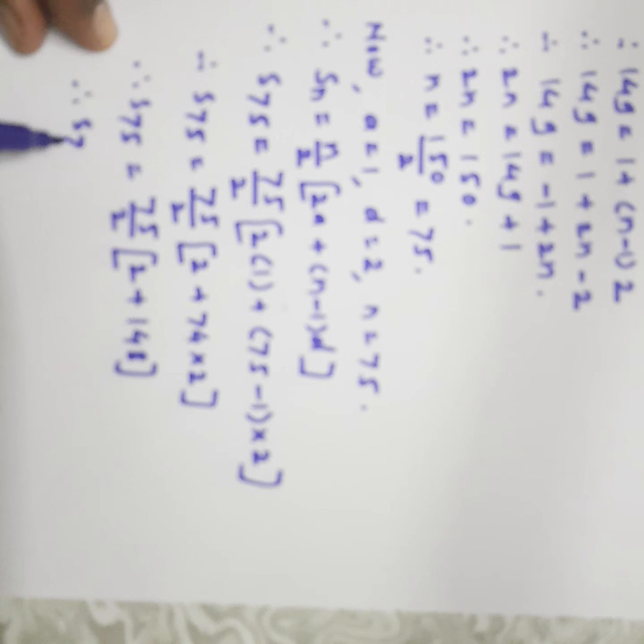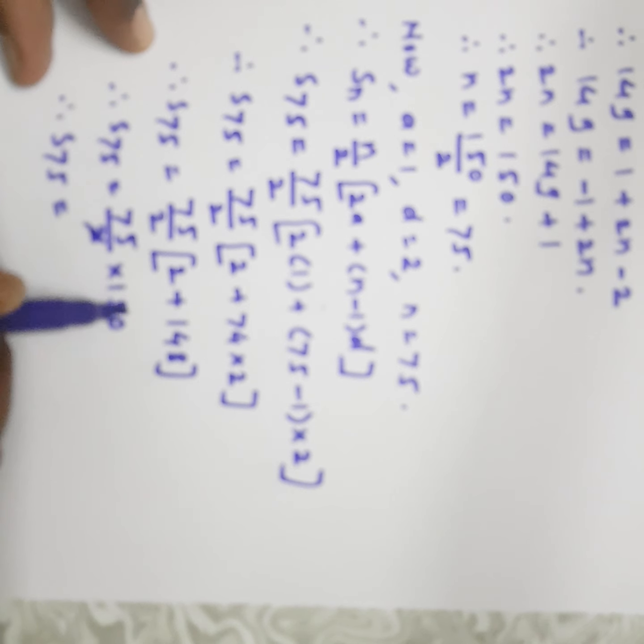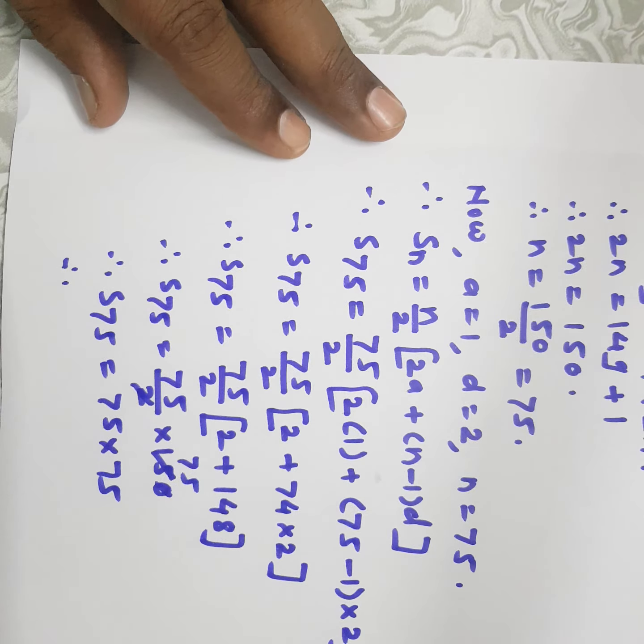Therefore S75 is equal to 75 upon 2 into 150. Therefore S75 is equal to 75 into 75, and the square of 75 is